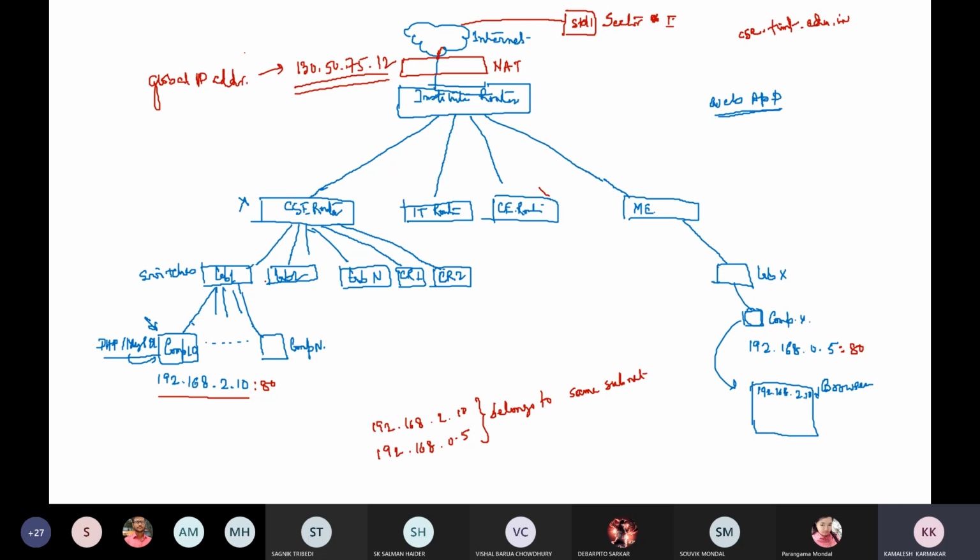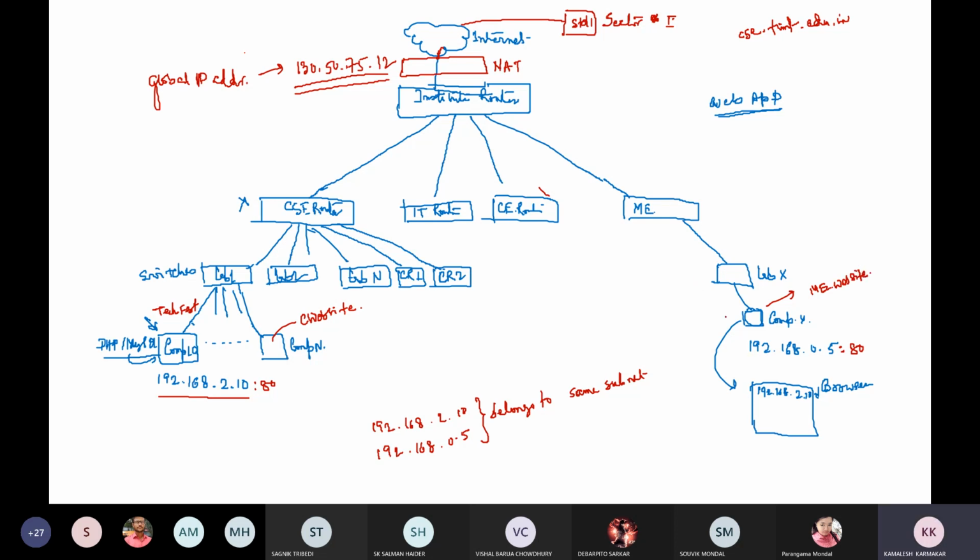So our college website is running on this computer. Here we have deployed one application for technical quest. On this machine, the website for the mechanical engineering department is running.